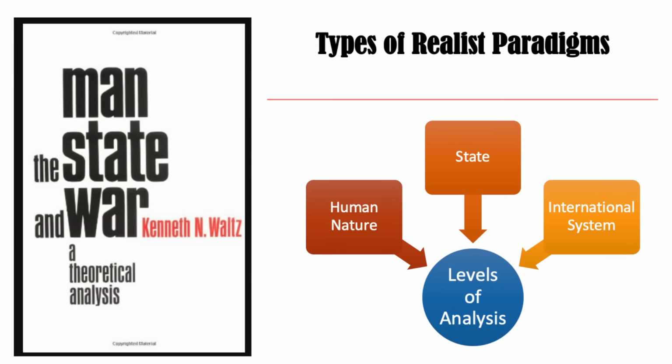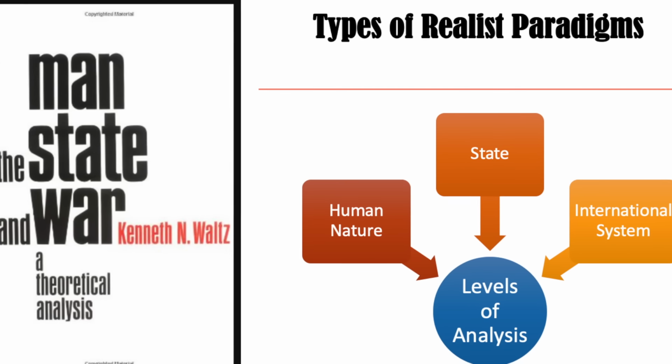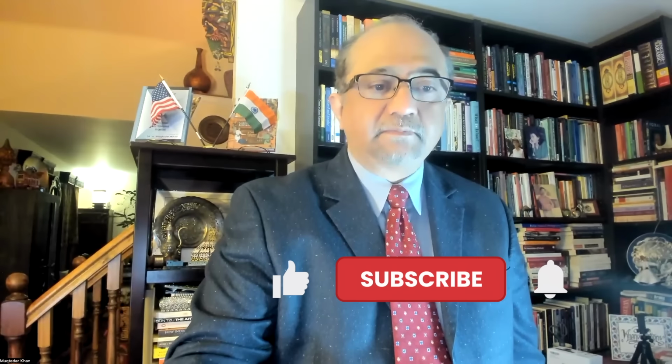اب زیادہ اس پہ توجہ نہیں دی جاتی۔ جو ڈومیننٹ اپروچ ہے، اس میں اسٹیٹ کی فطرت کیسی ہے، یعنی اسٹیٹ کیسا ہے اور سسٹم کیسا ہے، اس پہ زیادہ فوکس ہوتی ہے۔ لیکن یہ جو کتاب ہے کینتھ والز کی، مین، اسٹیٹ اینڈ وار، وہ ان تین لیولز کو آئیڈینٹیفائی کرتا ہے، اور بیسویں صدی کی انٹرنیشنل ریلیشنز پر بہت ہی امپورٹنٹ کتاب ہے۔